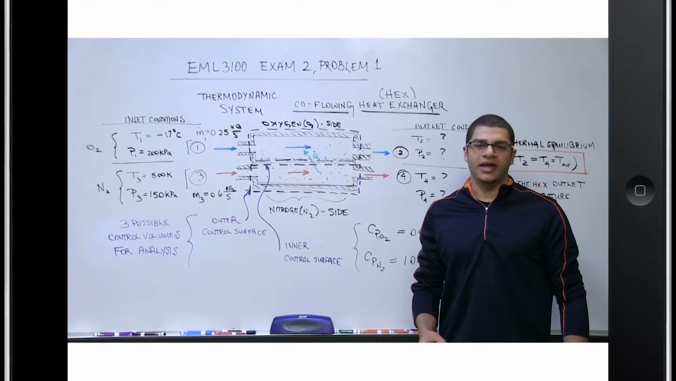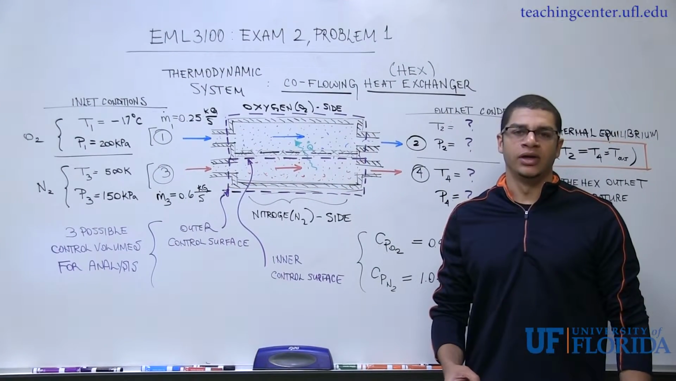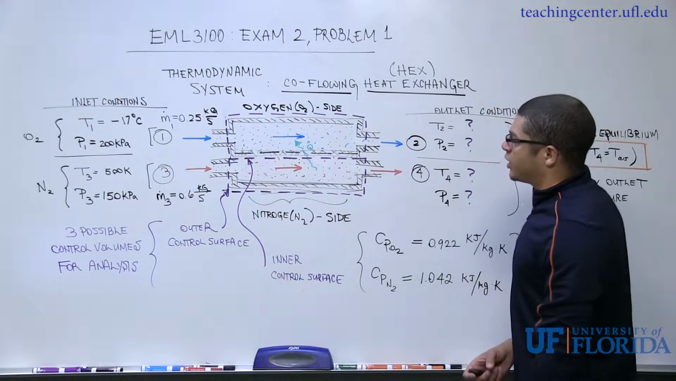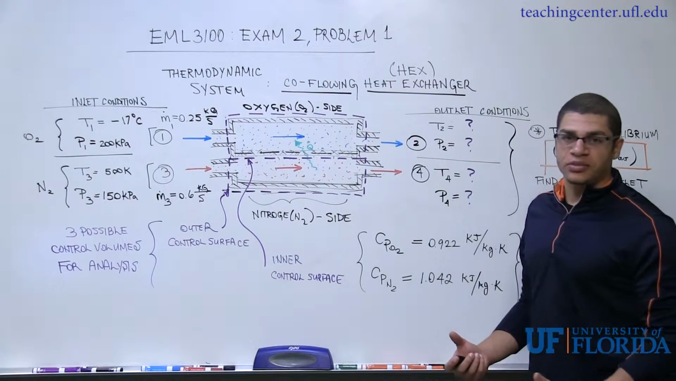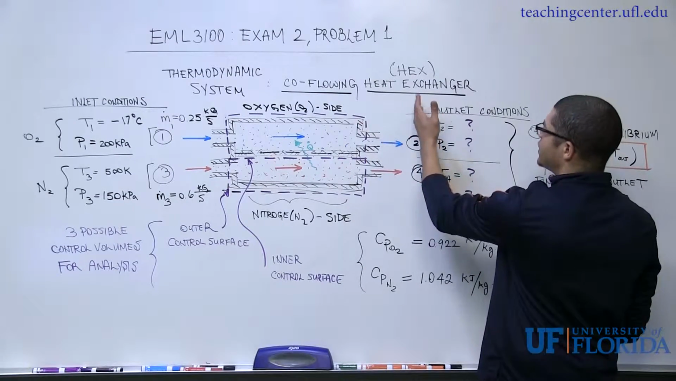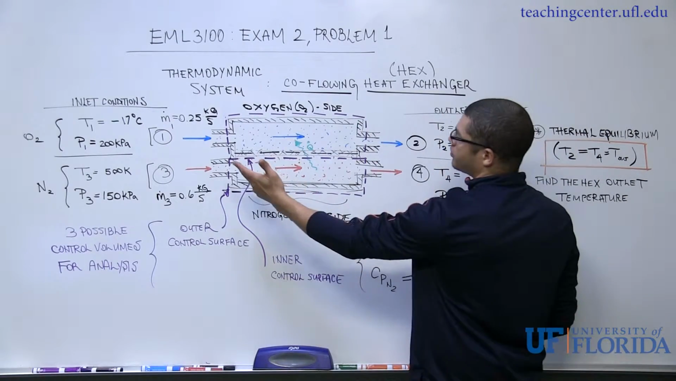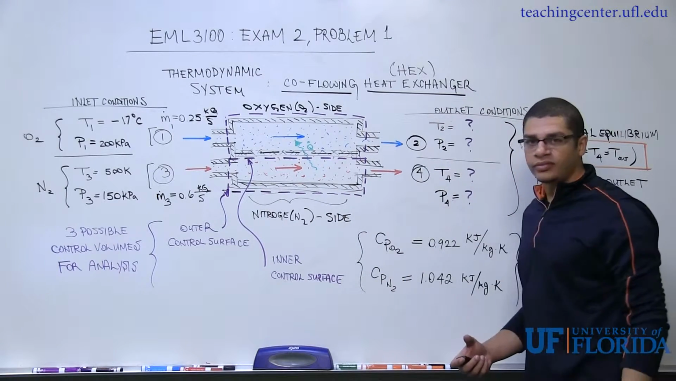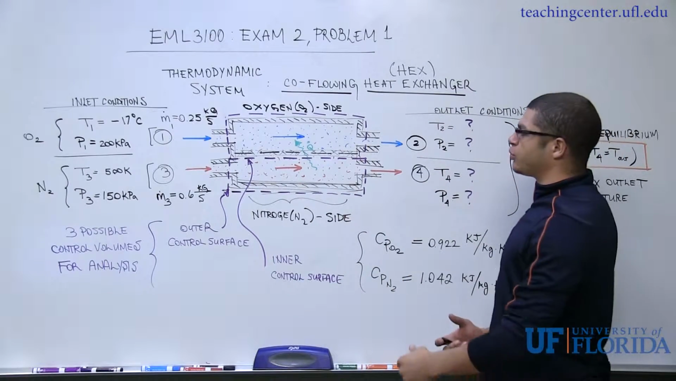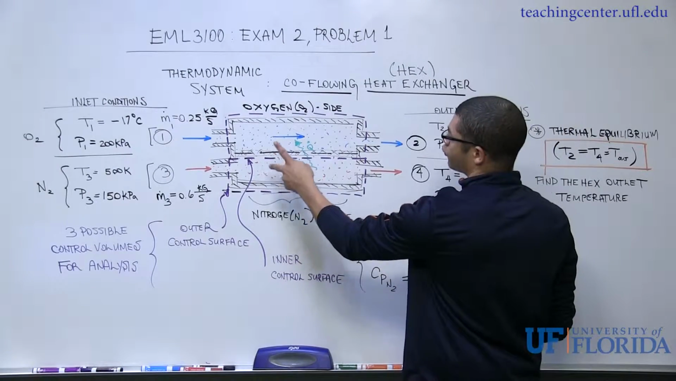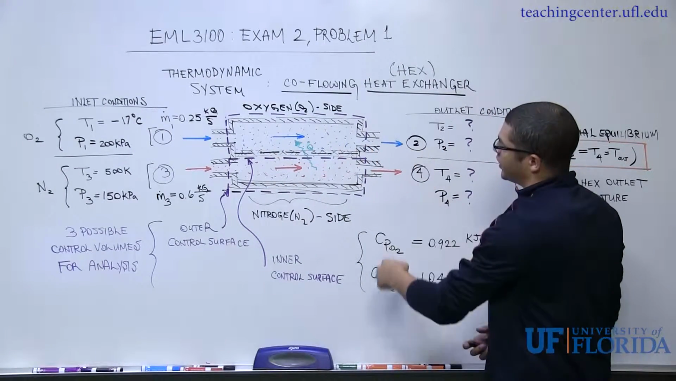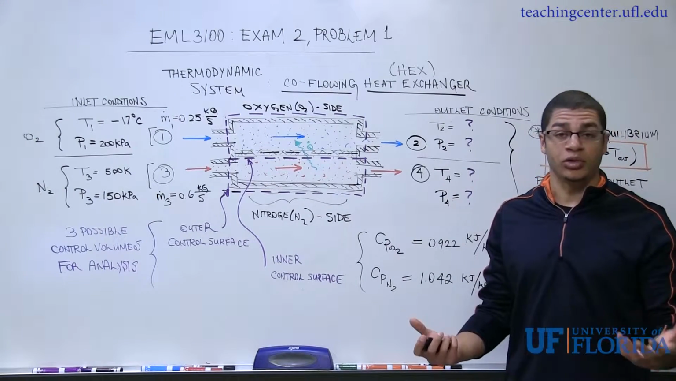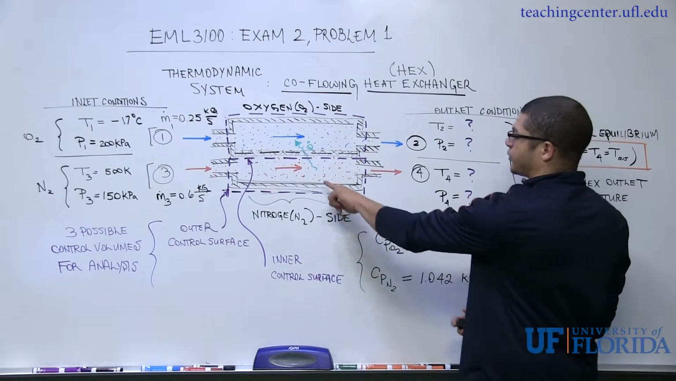Hi, today I'm going to be going over the first problem of exam 2 for EML 3100. We're given a thermodynamic system consisting of a co-flowing heat exchanger where one stream is oxygen and the other stream is nitrogen. And by co-flowing, the problem is telling us that both streams are moving in the same direction. And a heat exchanger's function is for two or more fluids to thermally interact, which I've signified by this green